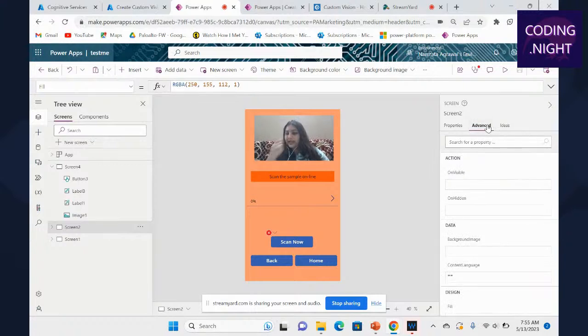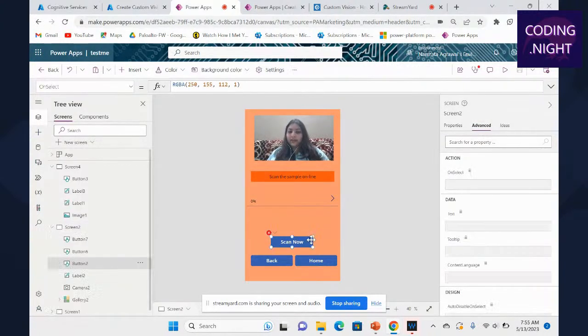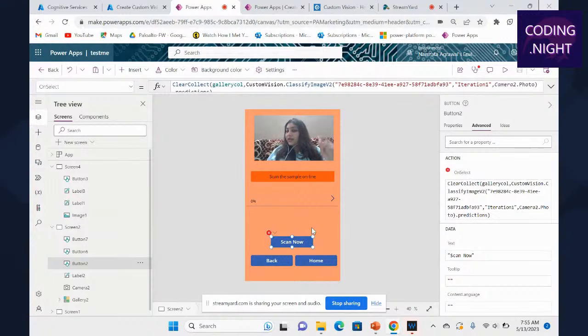So here, we go to the advanced section, and what if we click on the scan? If we talk about the functionality attached to the live image, we can see there's a low code present at the right side. And the low code here is very, very simple. It is attaching the functionality there. We are utilizing the custom vision. First of all, the function is using the API and your key that was present in the custom vision website.